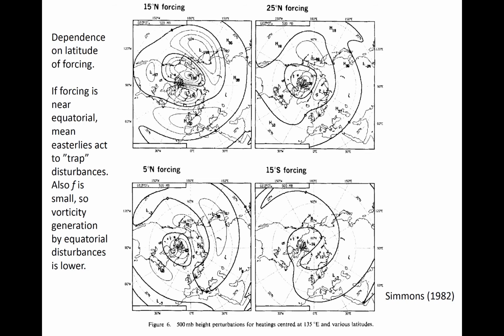ENSO generally modulates heating on larger spatial scales for longer time periods than the MJO and also affects the propagation of Rossby wave trains out of the tropics. By shifting the pattern of geopotential globally, the tropical disturbances can impact weather in the subtropics and extratropics on timescales consistent with the tropical variability.